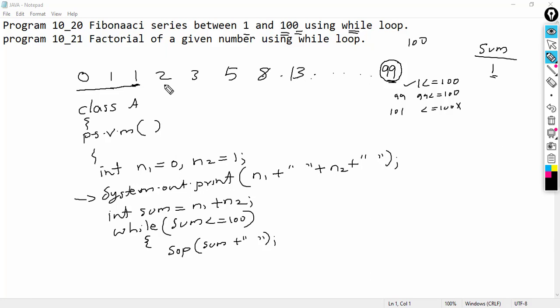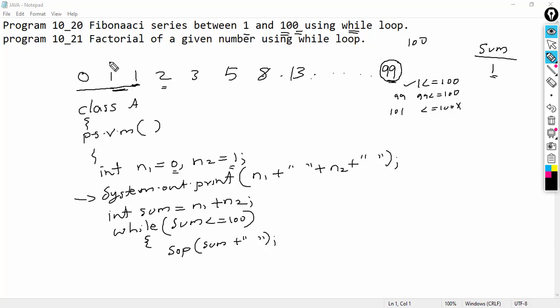Then we need to write the step for the remaining number, which is 2. If you notice, for this 2 we need to consider the previous two numbers, which are these two ones. The current values of n1 and n2 are 0 and 1, and they have not changed. We need to change them to the previous two numbers. So for this 2, the previous two numbers are this 1 and this 1.